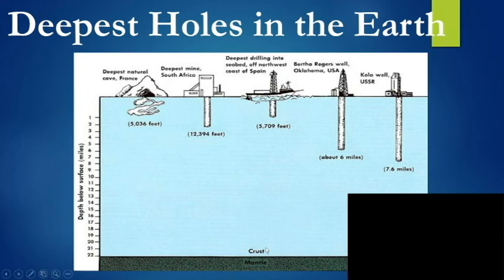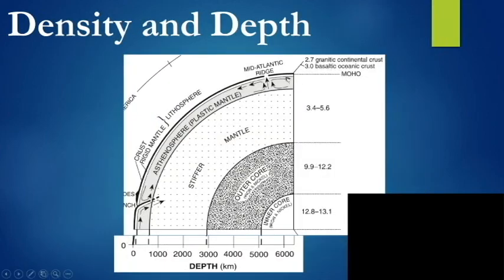But that is not even close to scratching the surface of the Earth itself. So the crust is, you can see it's showing here, 22 miles, okay? At least that's the estimate it's showing here. We're not even halfway through the crust itself. And if we just go back, just so we have an understanding of how little that is, if this whole thing was to scale, I don't think it is, we'd be halfway through that black line there, right? So humans have come nowhere near understanding, at least with physical evidence,